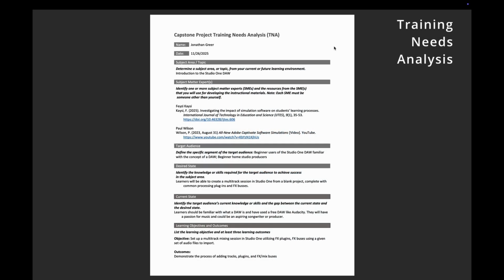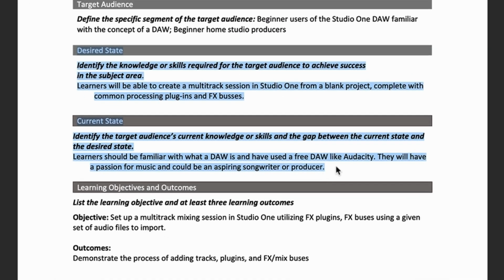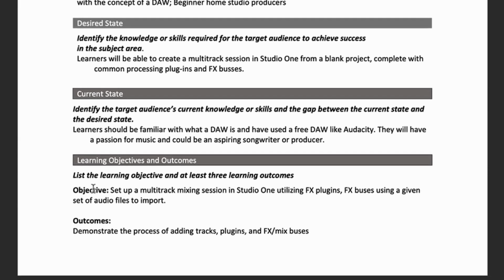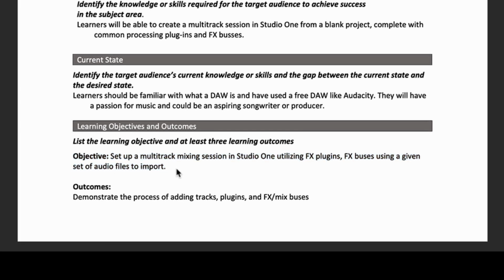The Training Needs Analysis, or TNA, really helped narrow down both the topic of instruction and the direction of the project. Through the analysis process, I identified a clear gap between where learners currently are and where they want to be. Many beginner producers have used simple, free tools like Audacity, but often feel overwhelmed when transitioning into a fully featured DAW like Studio One. Because of that, I focused the training on one specific practical goal: creating a multi-track mixing session from a blank